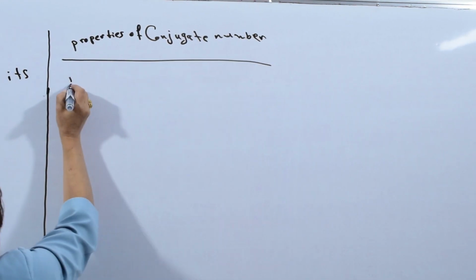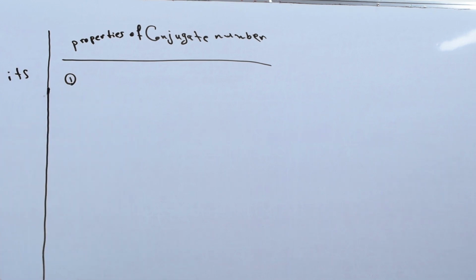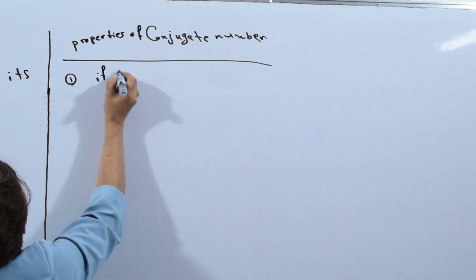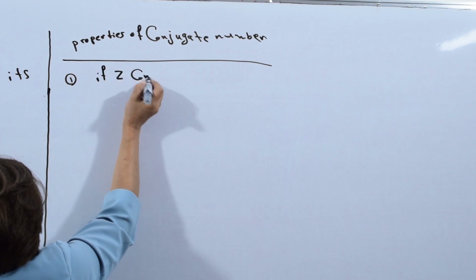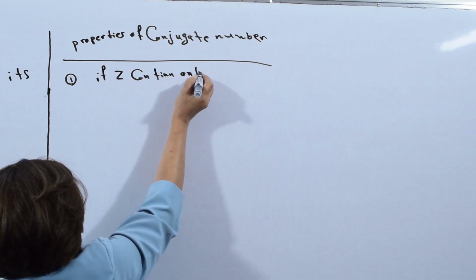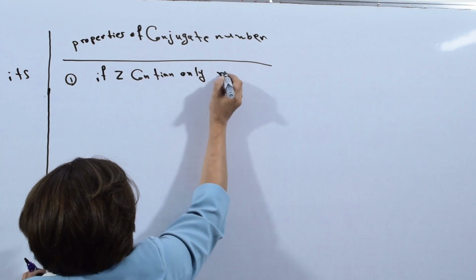First one، أول واحد خصائص العدد المرافق. أول واحد you say if Z contain only real part،